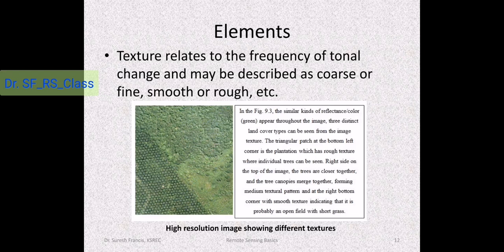And in the top portion of the image you can see a coarse texture, and the canopy cannot be differentiated. It's a coarse texture. You will be able to identify it as a forest. It's a deciduous forest basically. And on the right corner you will be able to see some fine texture, which is a grassland with some shrubs around. Such texture makes the differentiation between the earth's objects or the land use easier. It's an example of texture.